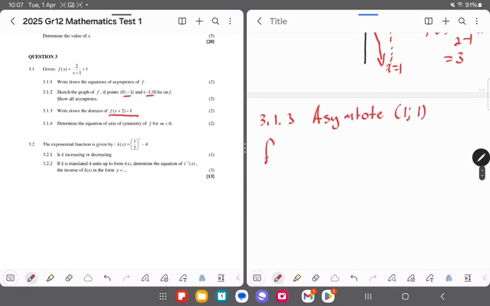Now after the shift, f of x plus 2 plus 1, our new asymptotes will become... Remember you need to solve this. If it's x plus 2, this will become x equals negative 2. So when you substitute this, you need to substitute as negative 2, unless you substitute x plus 2 on the original equation where you see x. But if